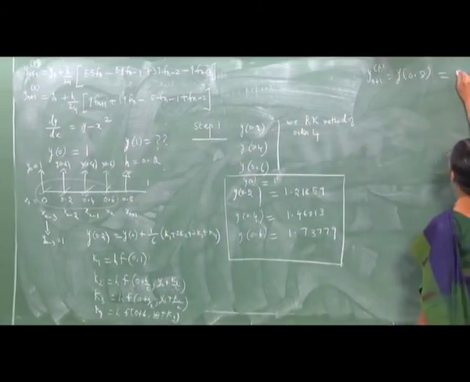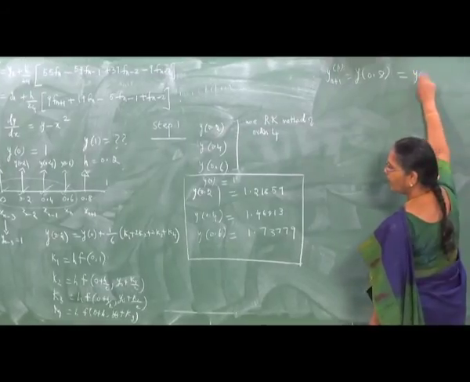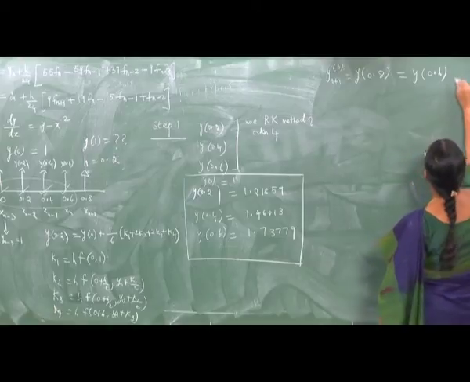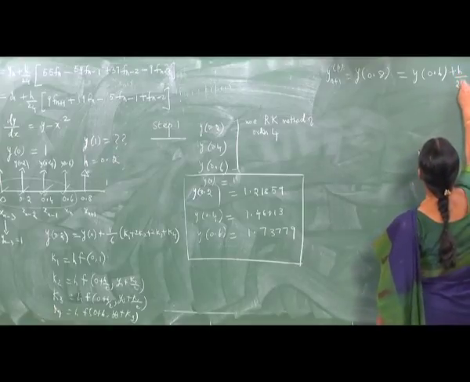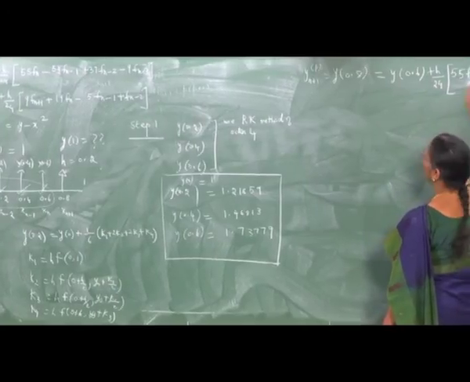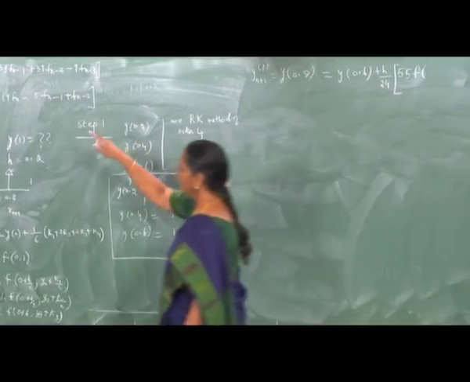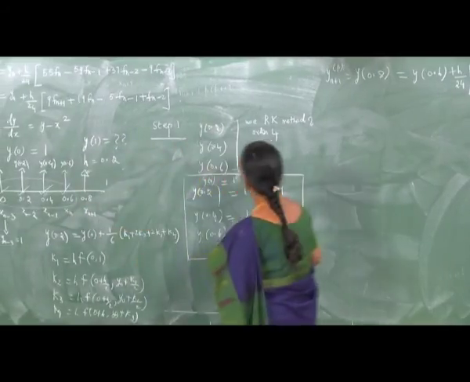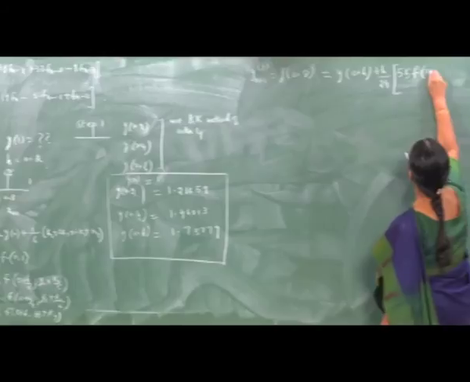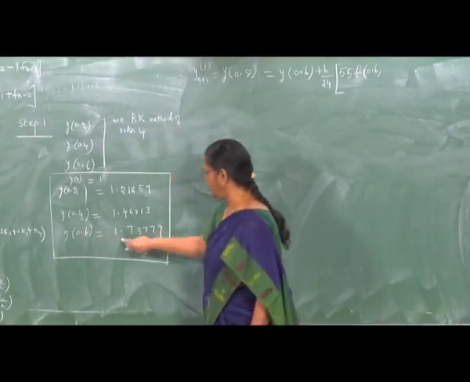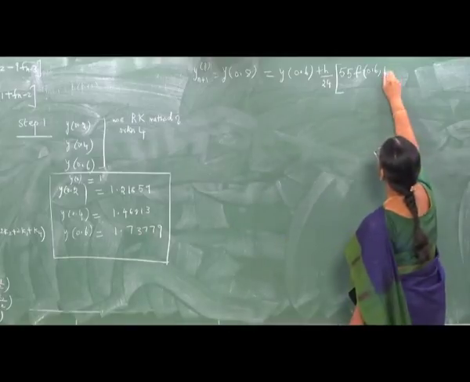What is y n? It is going to be y at 0.6 and then plus h by 24 into 55 times f n. What is f n? It is f of x n comma y n. x n is 0.6. What is y n? We have just now obtained its value, that is